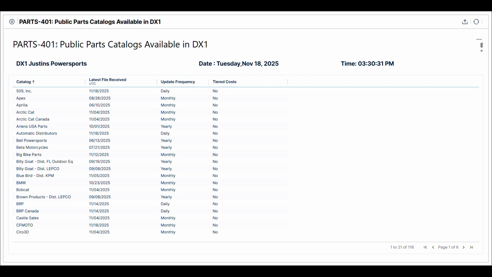So it's important to look at this list. If you are new to DX1, you're a new parts manager, or you're simply looking to add a new vendor to your database, what you want to do is come here and see, does DX1 already work with this particular manufacturer or vendor? And if you see them on this list, all you have to do is reach out to DX1, let them know that you need to get authorized for the catalog. They'll ask for your dealer number, and depending on the manufacturer, they can do some items to get it connected. And usually within 24 hours, you'll have access to that part catalog.